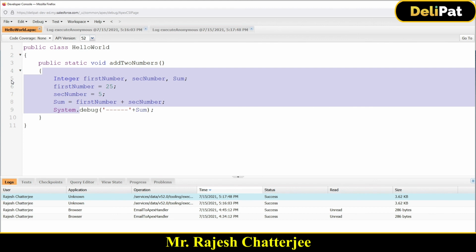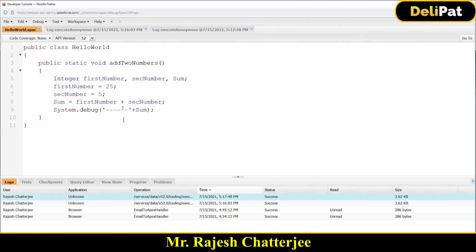I request you to type it in, don't just copy paste it. Understand this entire code first, because you are just learning. I'm assuming that you are learning things from the beginning. If you are a Java developer and already know coding, this will be very basic for you. But if you are coming from a non-coding background, I request you to understand this entire story, understand each and every word, and write it down by yourself. Don't just look at this video and then type. Understand this and type it in. Once you have the practice of typing code by yourself, Apex will be very easy. This is just the beginning.